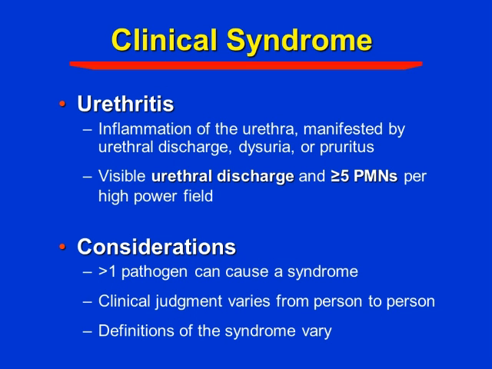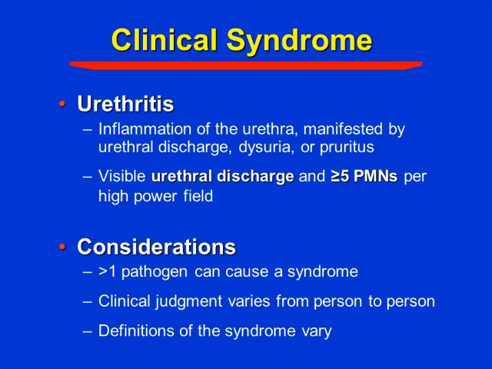There are a number of ways that you can measure disease status, the first of which is by a clinical syndrome. And I've given you here an example of what I spend a lot of time studying, male urethritis. This is a syndrome that's defined as inflammation of the urethra, manifested by urethral discharge, dysuria, or pruritus, plus visible urethral discharge and objective evidence of inflammation as measured by a count of polymorphonuclear leukocytes on a Gram stain slide of urethral discharge. So there are a number of clinical syndromes: pneumonia,